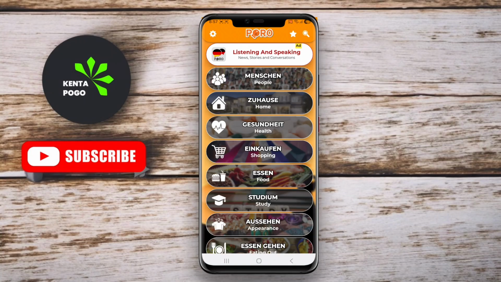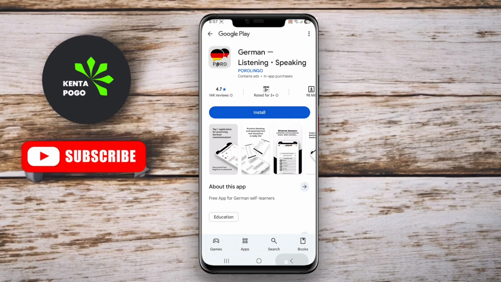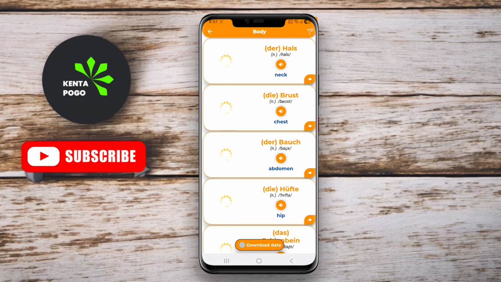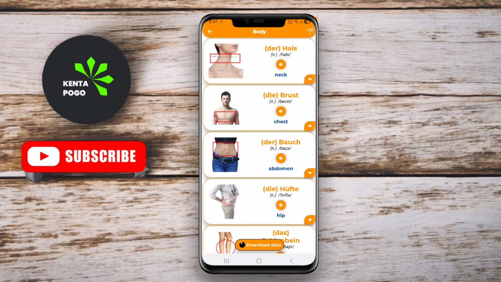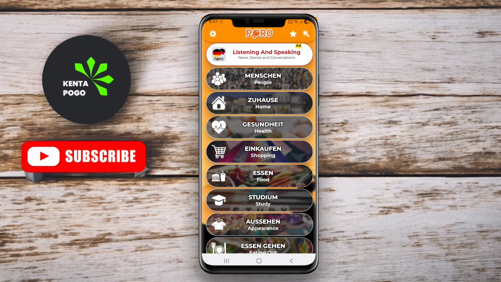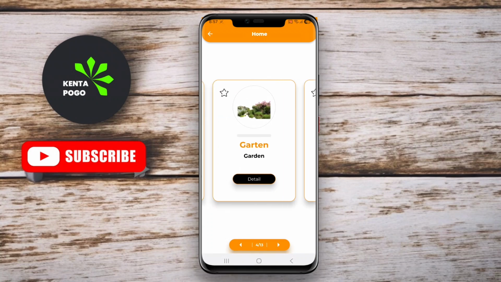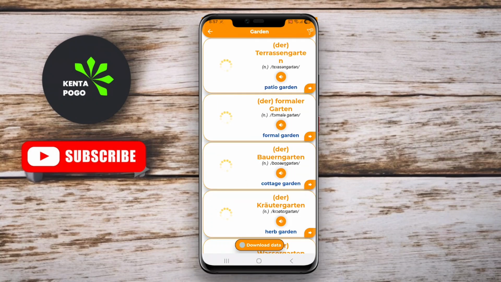German Vocabulary is an Android application designed to help users learn and expand their German language skills through vocabulary practice. This app is particularly beneficial for beginners, as well as those looking to enhance their existing knowledge of the German language. Key features typically include a comprehensive database of words and phrases categorized by topics, such as food, travel, greetings,